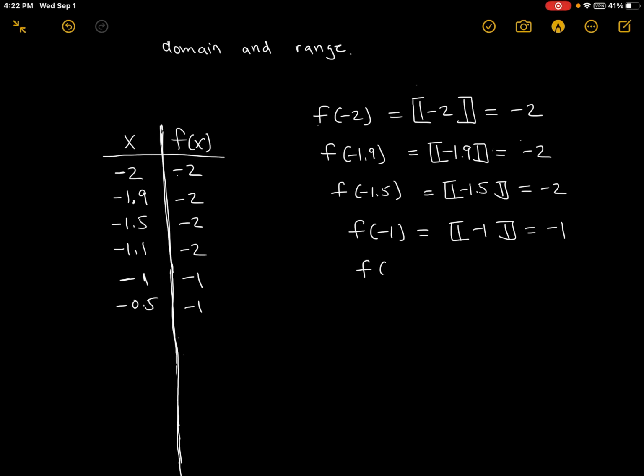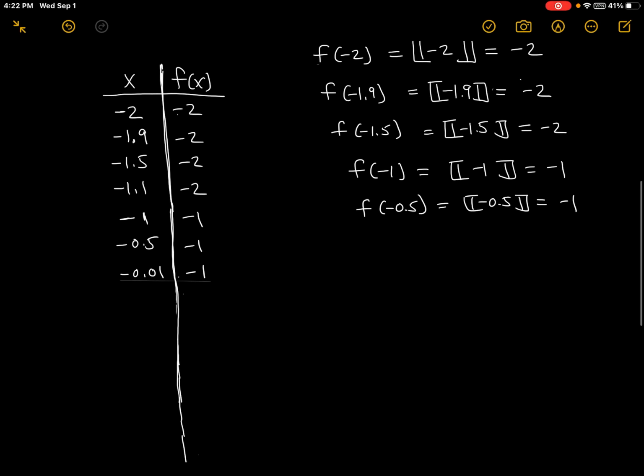F of -0.5, plug it in here. The greatest integer that's less than -0.5 is -1. And then we can just keep going, all the way down to -0.01. The greatest integer less than or equal to -0.01 is still going to be -1